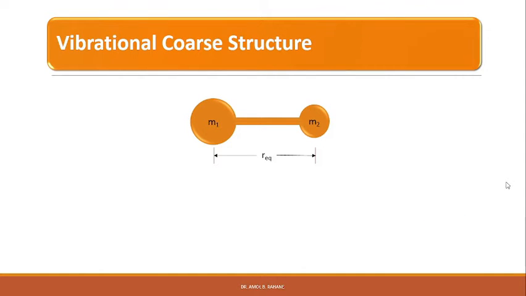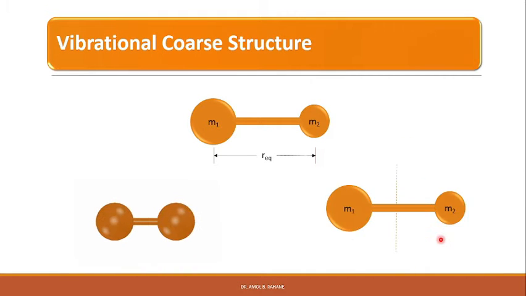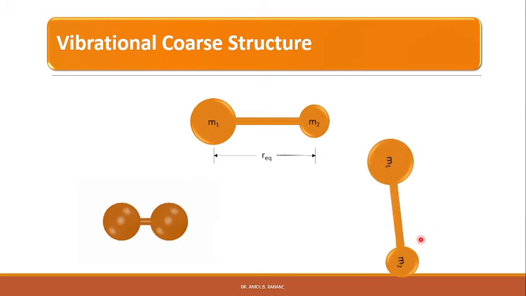When the two atoms of a diatomic molecule undergo vibrations about their mean position, there will be a change in the vibrational energy levels of the molecule. In addition to the vibration, the diatomic molecule can rotate about an axis passing through its center of mass. This rotational motion also causes a change in the rotational energy levels of the molecule.